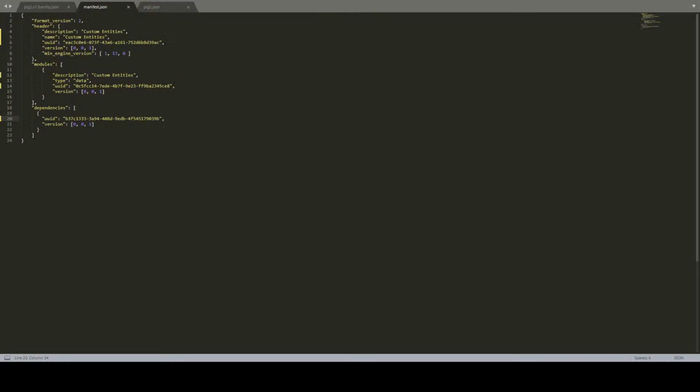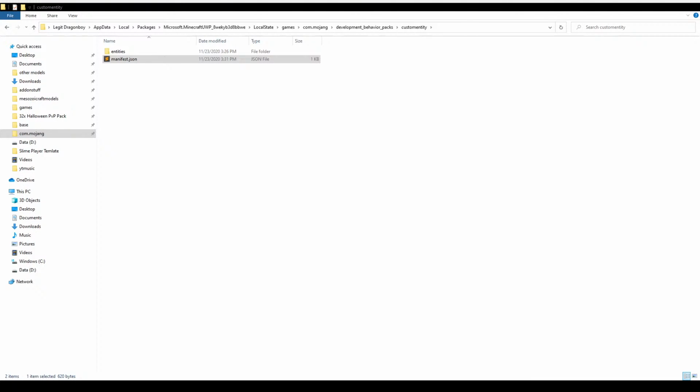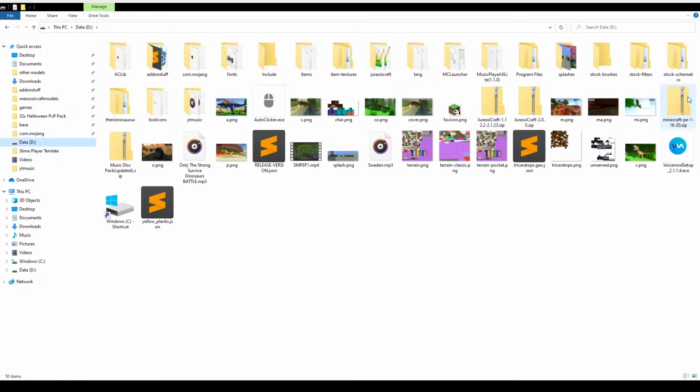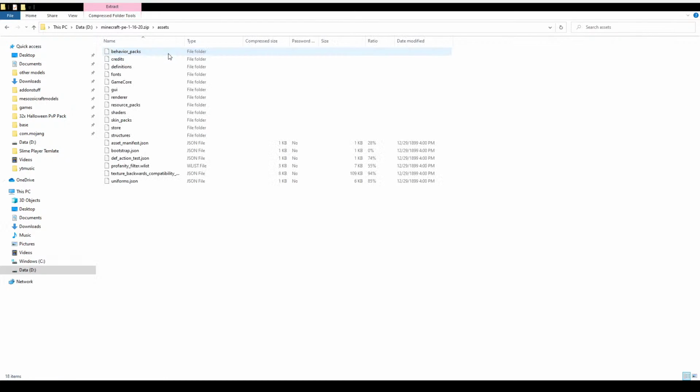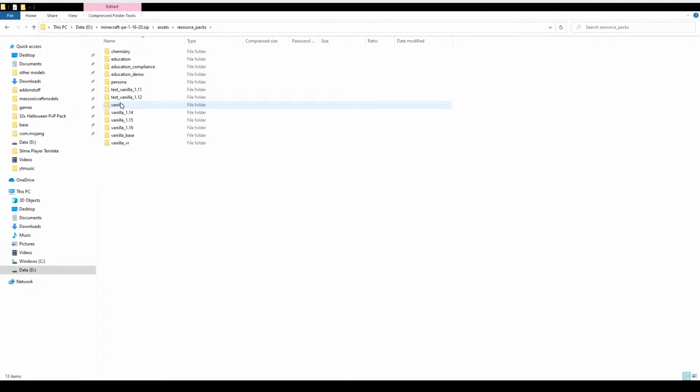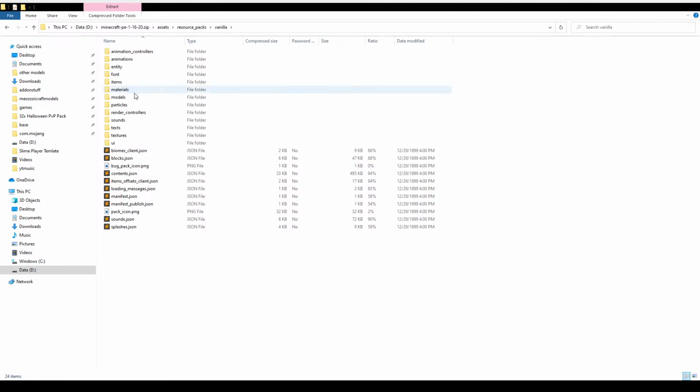You go back to, not Sublime text, I forgot, Explorer. And you open that one. You go back to wherever you placed your files for the vanilla resource and behavior packs. And then once you open the vanilla resource pack, it should show something like this. Vanilla. And then you take the manifest again. You copy it